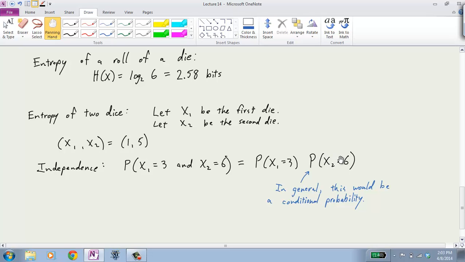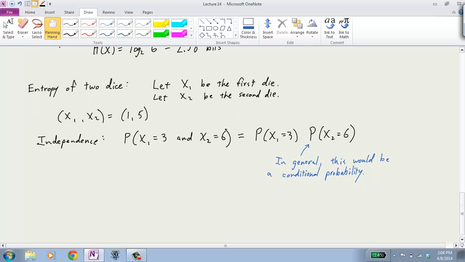But the second one in the chain might depend on the value that occurred in the first one. So it's called a conditional probability. If it doesn't depend on the value of the first one, then intuitively that's independence, right? If the next one happening doesn't depend at all on the first one happening. And that would mean that this would no longer be a function of x1. It would just be the probability of x2 happening by itself. Okay? And so that gives us this formula that for independent events, the probability of a pair of things happening is a product of the individual things. All right? So we know that in this case, the 2 dice, they're independent,